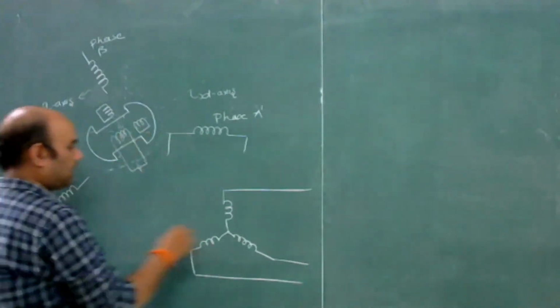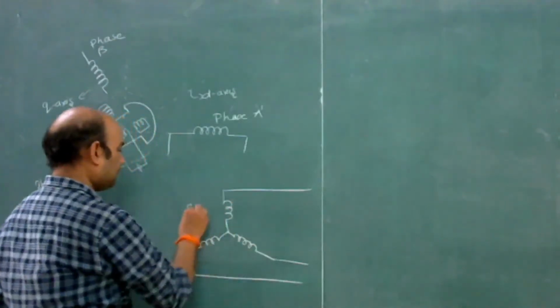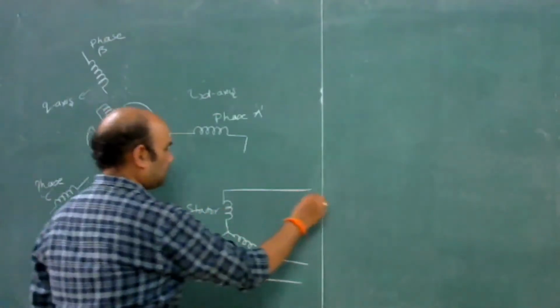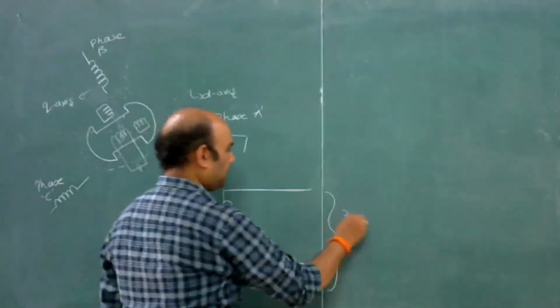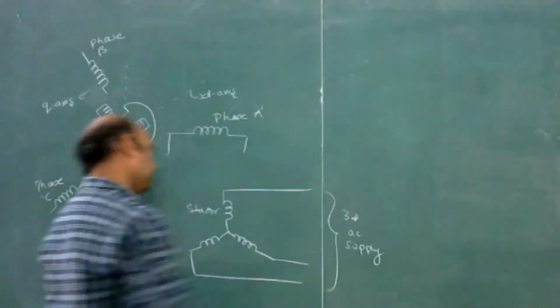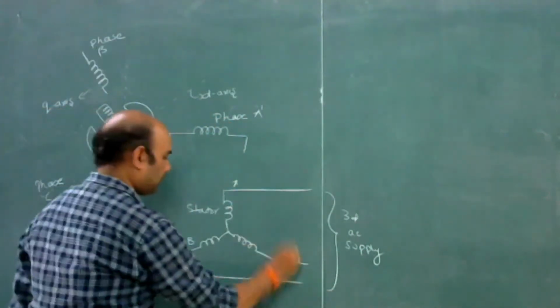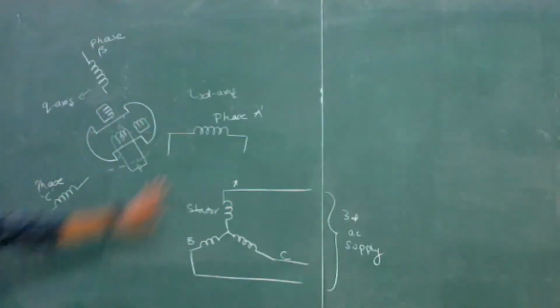Okay, and we have a rotor. This is the stator. So this is the three phase AC supply. This is phase A, B, and C. Okay, so this is the stator,